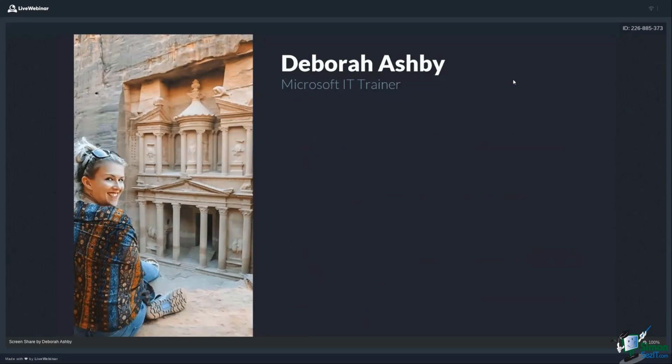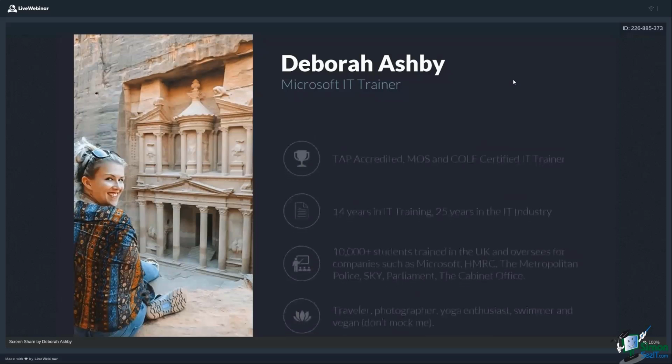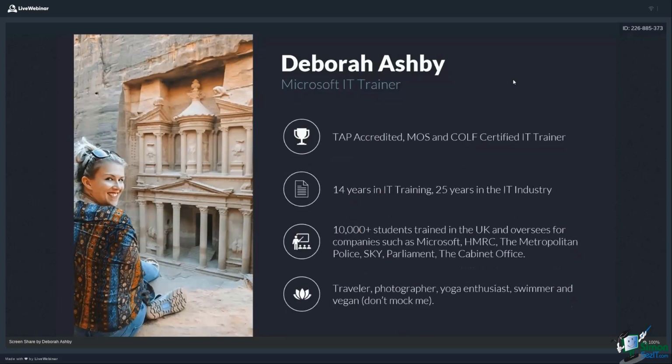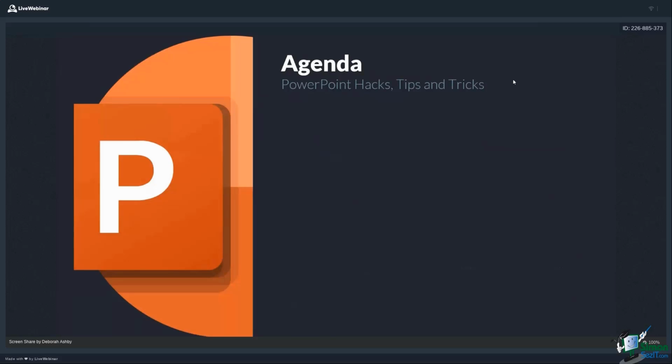And if you notice when this came in, I used a little bit of animation that adds to the slide as opposed to detracting from the points that are coming up. So just a few minor changes there, which have really taken this slide from being kind of a bit boring to slightly more interesting for the people who are viewing it. So I just wanted to put that out there right at the beginning so you can kind of see the difference. So staying on this theme, let's move across to our agenda, which I've kept in that similar kind of style.